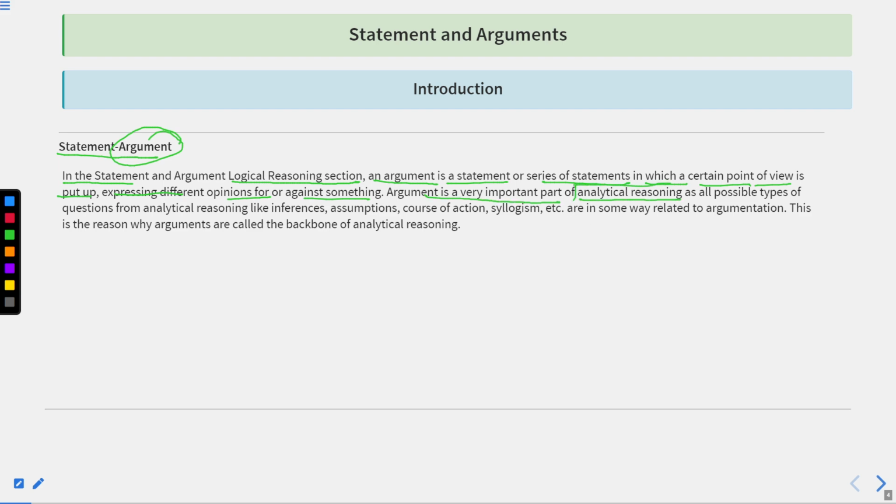Okay, so it is a very important part of analytical reasoning, as all possible types of questions from analytical reasoning like inferences, assumptions, course of actions, syllogism, etc. are somewhere related to argumentation. So we have discussed syllogism as one of the parts of our lecture series. If you wish to, you can obviously refer to that lecture series and understand what exactly syllogism is. And in the same manner, you can understand that it forms a very important part of analytical reasoning,